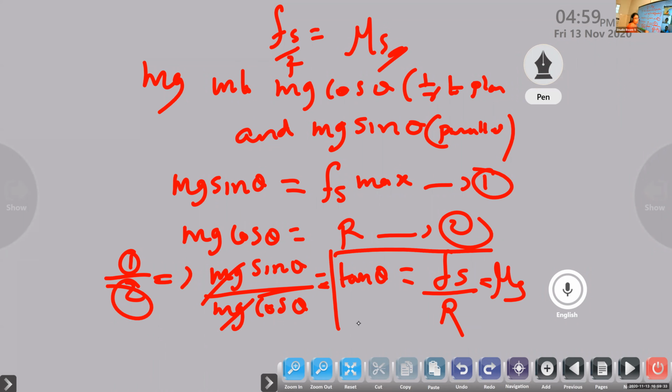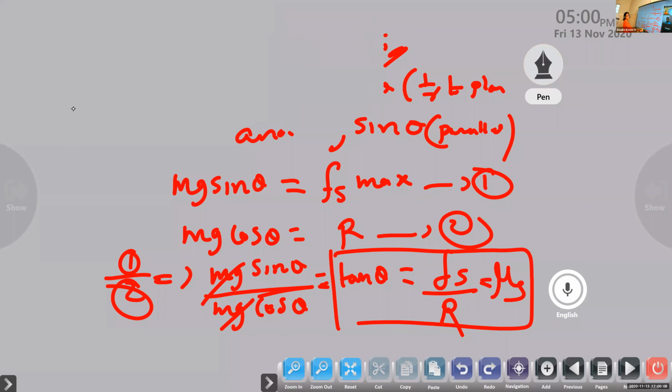So from this, what is the value of mu s? The coefficient of friction can be calculated by finding tan theta. You don't have to take tan inverse. Tan theta, you take it, you get a value because it's a coefficient. So you don't have to write it in degrees. Suppose it is asked, what is the angle of repose or angle of friction? Then you have to write tan inverse mu s. So you can just add that one sentence.